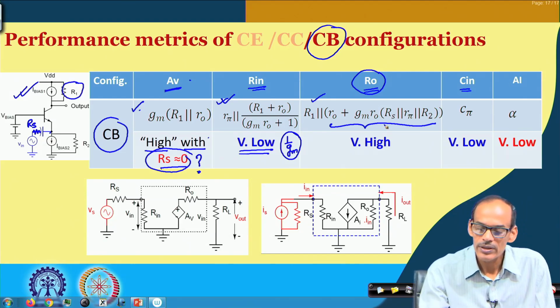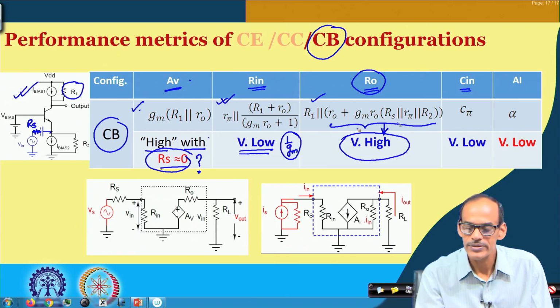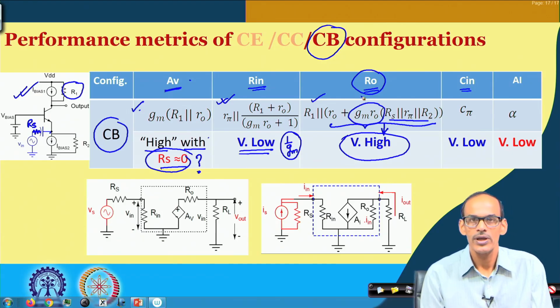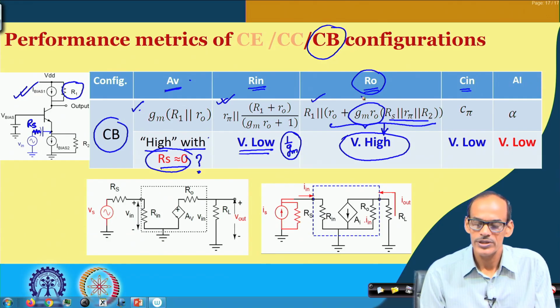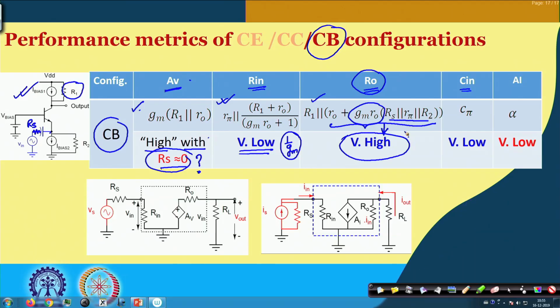If I consider the output resistance coming from the main amplifier configuration, we can say it is very high, because this R pi, R s and R 2 in parallel is getting amplified by the intrinsic gain of the amplifier, namely G m into R naught, which is the intrinsic gain of the transistor. So, since this is again very high,